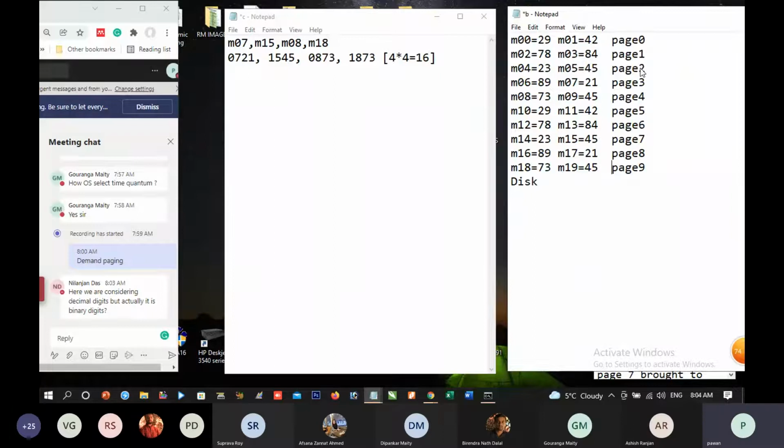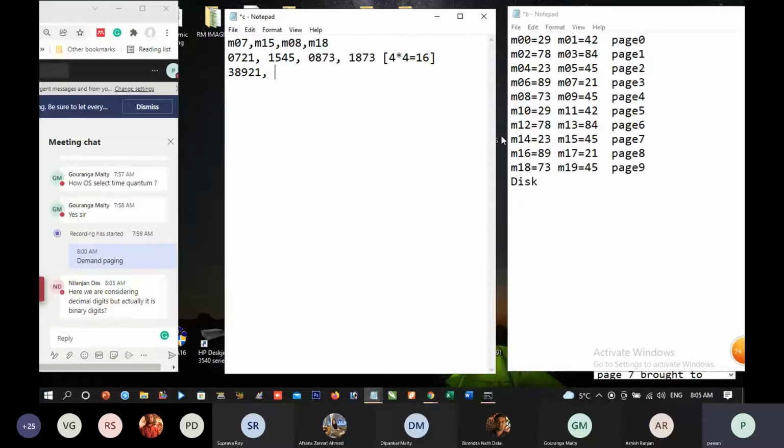Okay. Now, we can also say that memory location number 7 corresponds to page 3. So page 3 is 8921. Okay. We need memory location number 15. 15 is page 7.